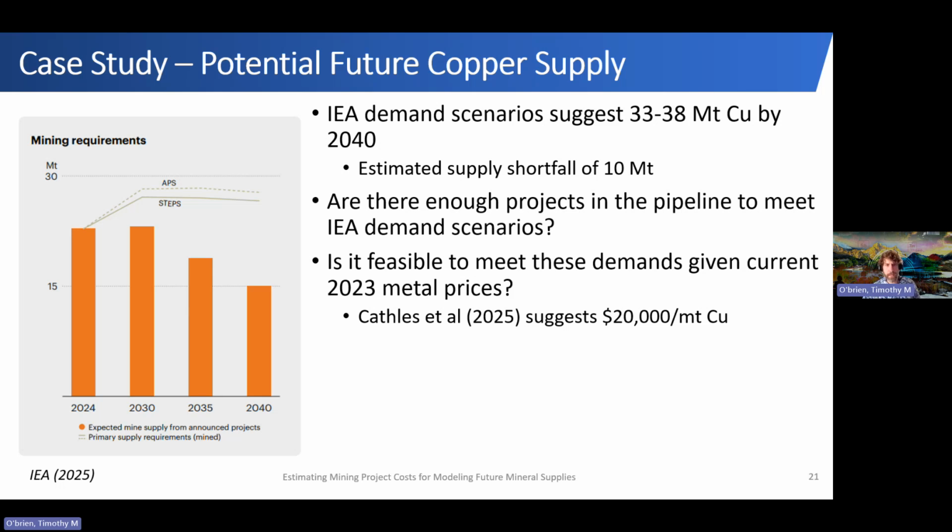And then also there's been a lot of news that with these high demands, we're going to need to raise the cost of copper so that these projects have the economic competitiveness and the potential to advance towards the production stage. Some people are calling for as high as $20,000 per metric ton of copper. So I wanted to see, is it feasible for these projects to do it with just the 2023 metal prices? And so what I did is